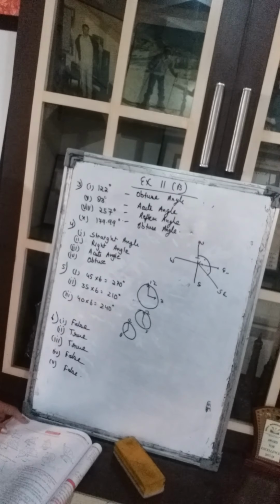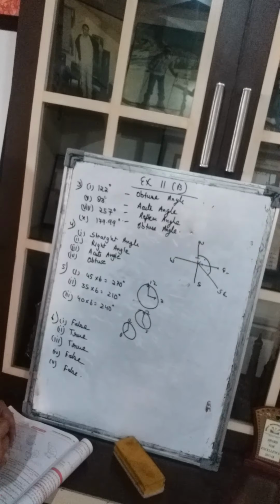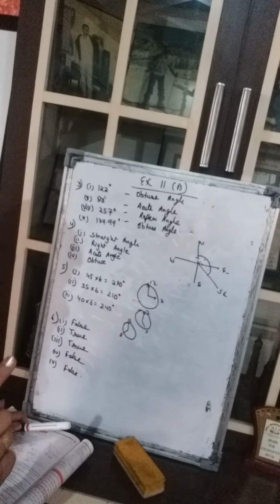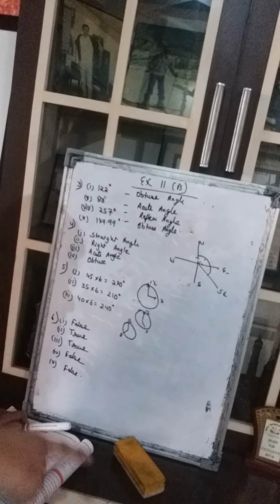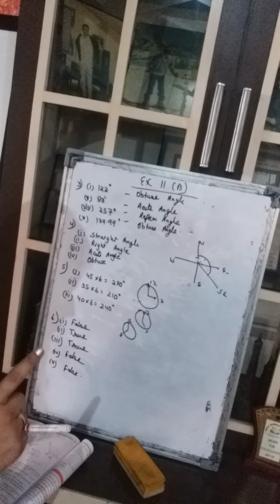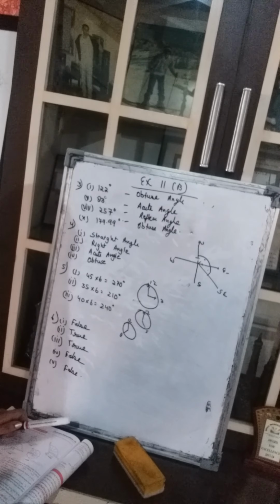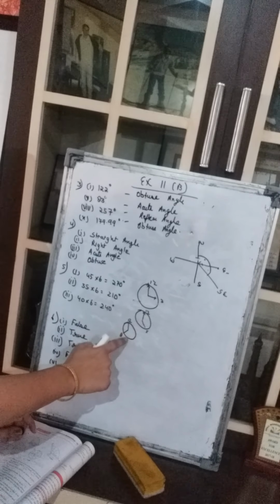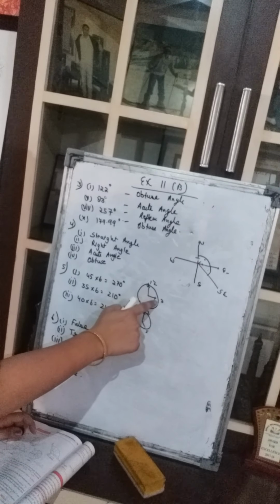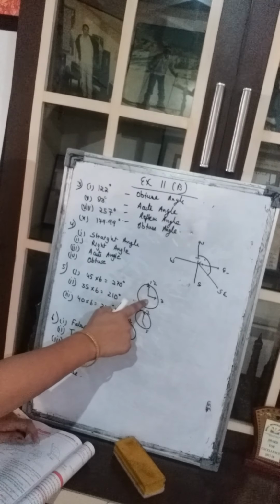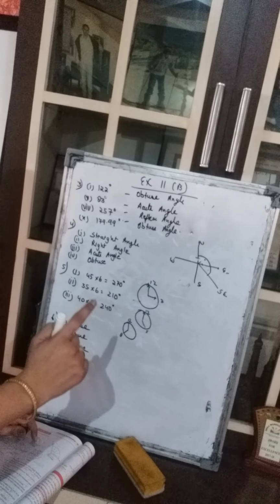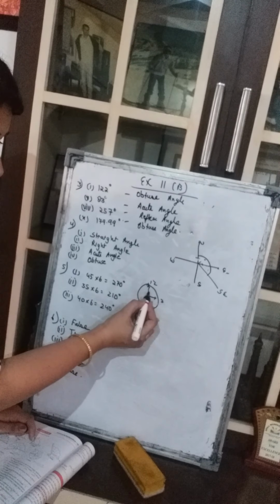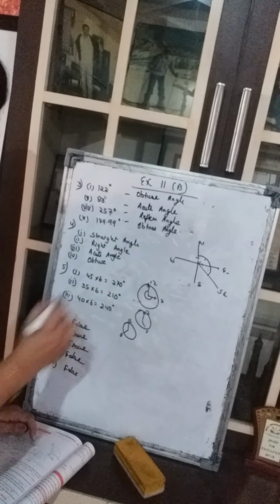Okay. Now we come to the fifth question. Fifth question says what is the size of the reflex angle? Listen to the question carefully. They are saying what is the size of the reflex angle? We always have to consider the reflex angle here, between the hands of the clock at 3 o'clock. So first you will draw these small 3 clocks. First is they are saying it is 3 o'clock in the clock. But we have to tell what is the measure of reflex angle. Which is the reflex angle here? Is it the inside one or is it the outside one?